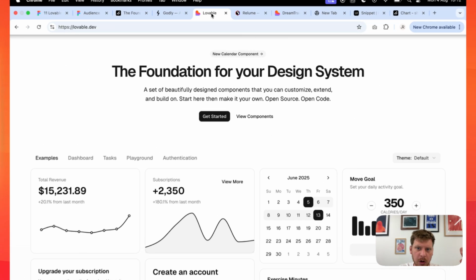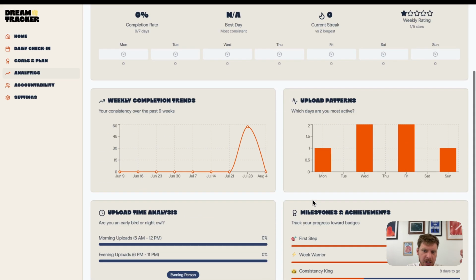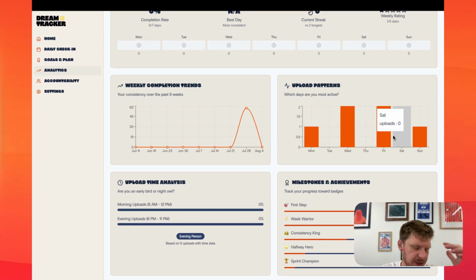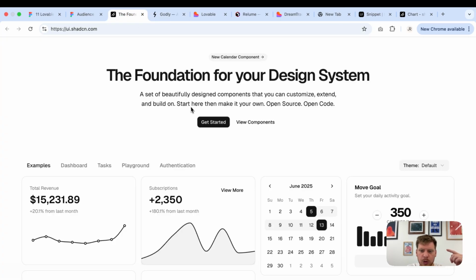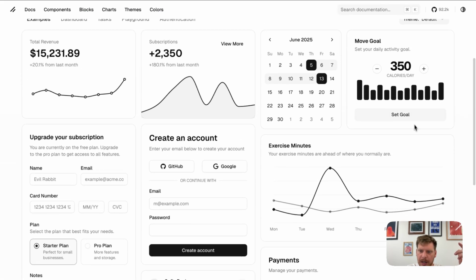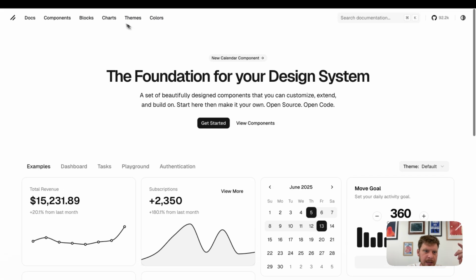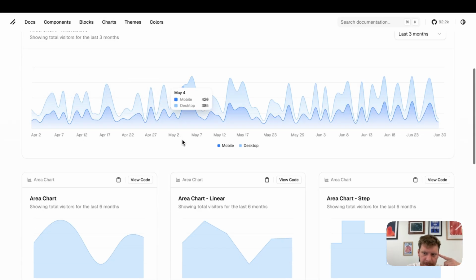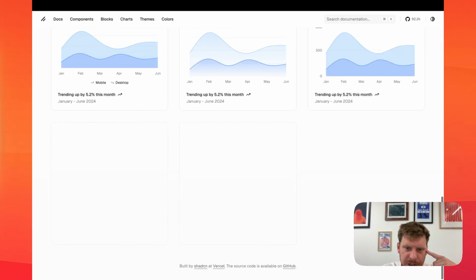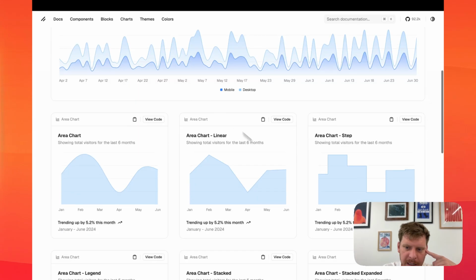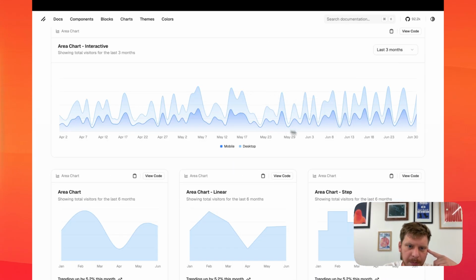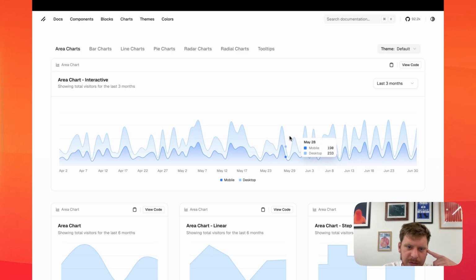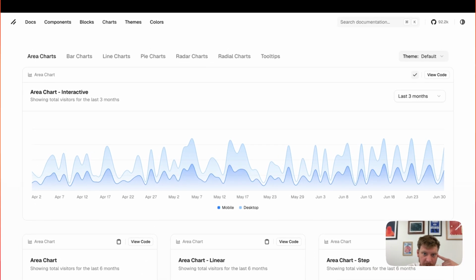Let's say you've got a project like this. You've got this chart UI. And you're like, yeah, cool, but I want to change it to, I don't know, something else, right? Then we can go to charts up here. We can see all the different chart types that are on here. I've got a kind of blocky one right now. Maybe I want a chart that's interactive. Oh, that's cool.